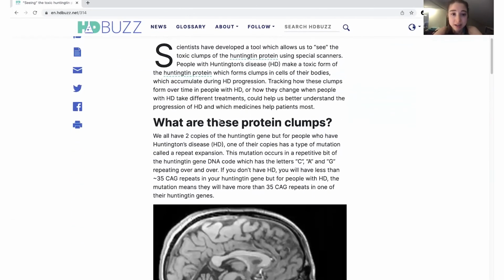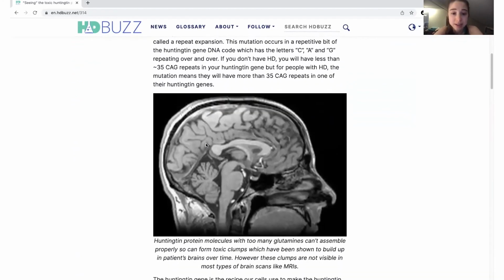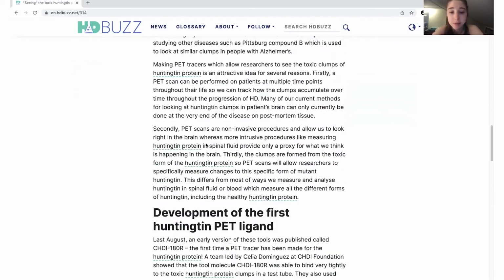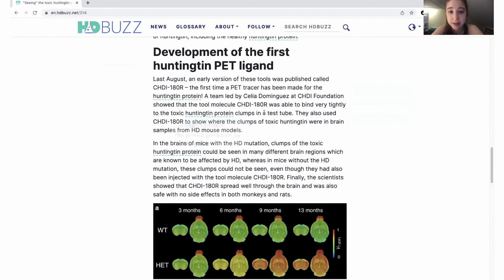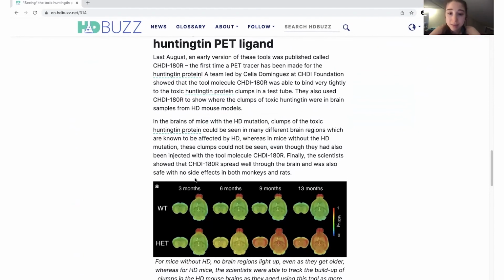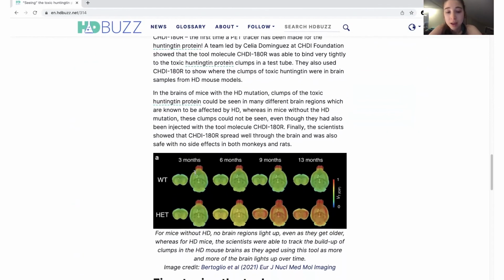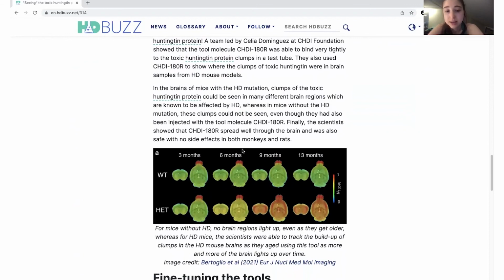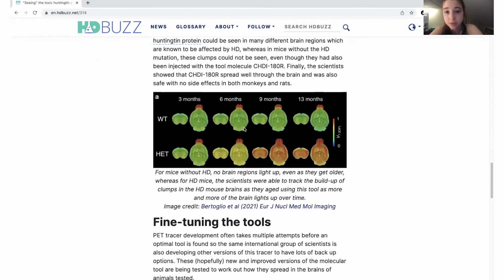I saw this cool article where these scientists have developed a tracker that could actually see the clumps of huntingtin protein in the brains of people with Huntington's. So basically this PET tracer. What's really cool about this is that they could see it in living mice. In most cases in the past, they've looked at these clumps of protein in autopsy brains,